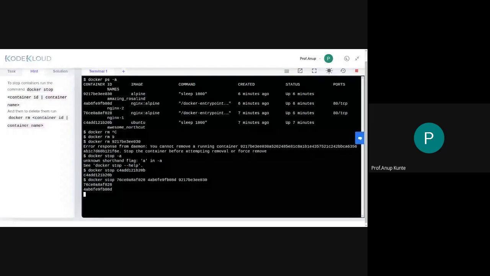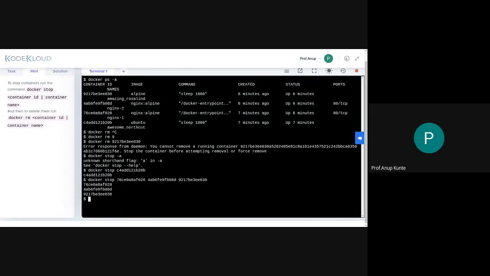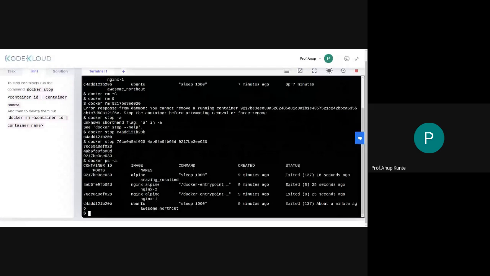It will take some time because stopping a container requires shutting down all the processes running inside that container, then carefully stopping it and making it go to the sleep state. So now I've stopped all the containers. I'll go back and check how many containers are there. You'll find that 4 containers are in exited mode now. And there are various exit codes over here, because some of them exited smoothly, some of them did not. They took a certain amount of time before they exited. Maybe they were executing something and we tried to stop them in between. That may be the reason.